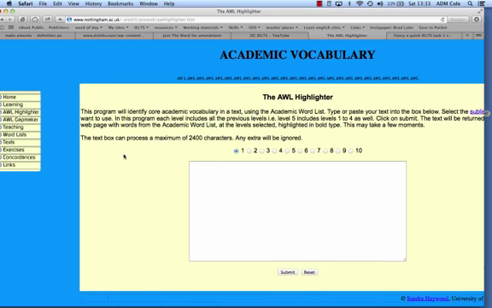If you're new to my site, you may not understand AWL. This is the academic word list. Put briefly, this is a list of the words that are used most commonly in academic writing. And I would suggest that these are the words that you should focus most on when you're trying to learn